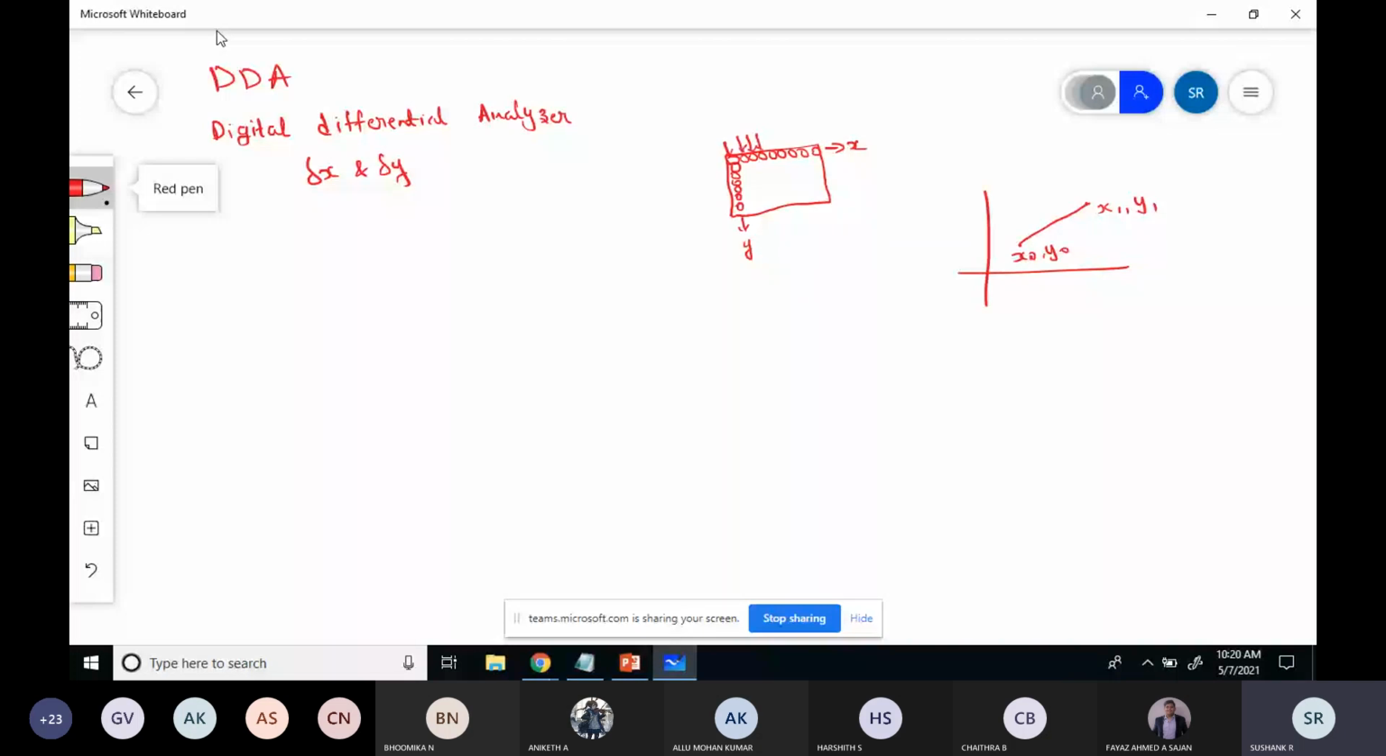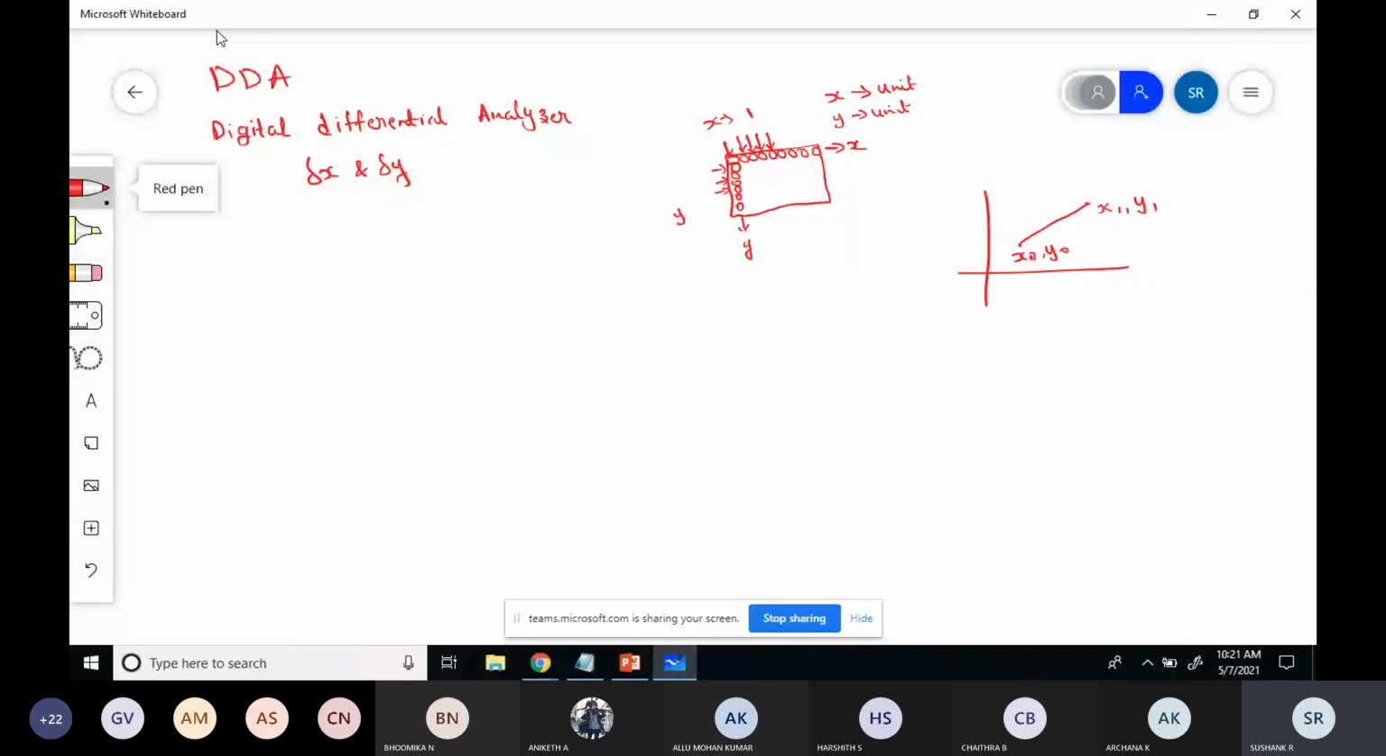So x is changing along the x-axis. The increment will be in terms of 1. Along y-axis also the increment will be in terms of 1. That means x will move along unit interval. Y will also move along unit interval because the screen is a collection of pixels. So the pixels are arranged like this. So here along the x direction also, along the y direction also, it will move along unit